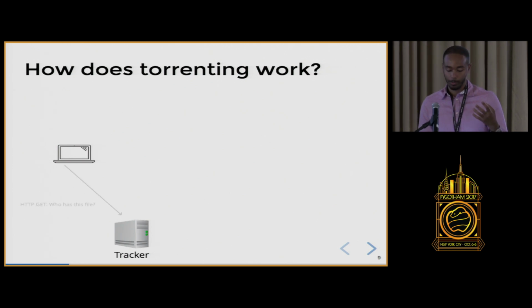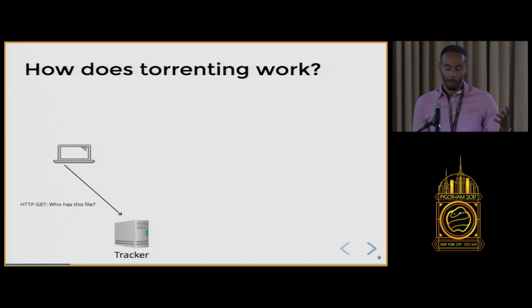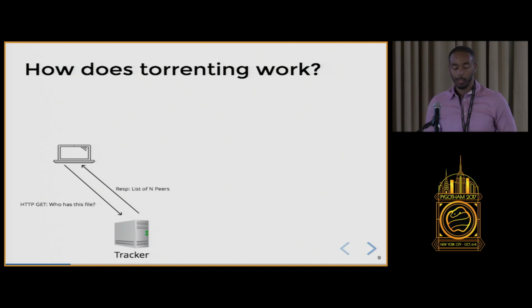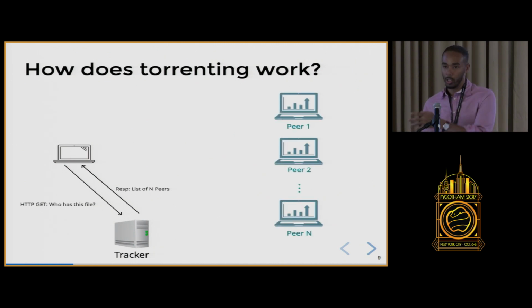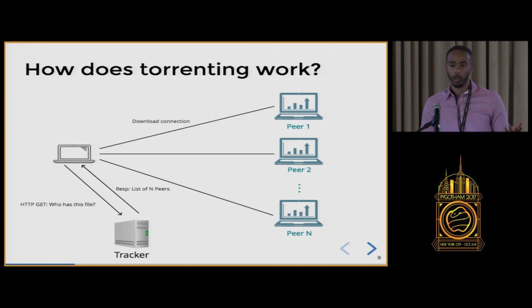else has my file? So it sends an Http GET request, and the tracker will respond to your computer and say, yeah, here's a list of people out there that have the same file that you're trying to get a hold of. And so now that we know who all the peers are in the network, in the swarm that have our file, we'll create a download connection to every single one of these peers, and we'll start downloading pieces